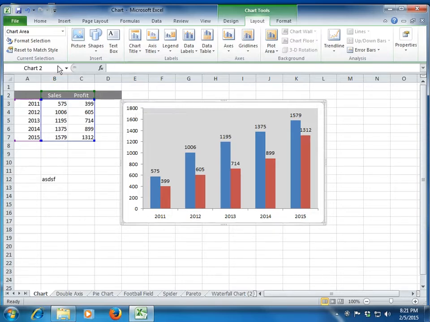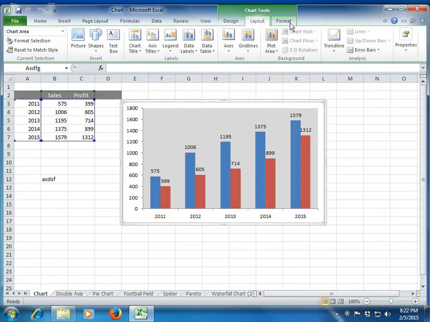If you want to change the name of the chart, you can't do it directly from the name box. You will have to go to properties in the layout tab and change the name here. So once you change the name here, let's say ASDFG, and you press enter, now if I place my cursor here, you see that the name of the chart is reflected as ASDFG. This will mainly be useful when you are writing VBA code. By giving a name to the chart, you can call the chart in your VBA code whenever you want to, right? So that is the application of naming a chart.